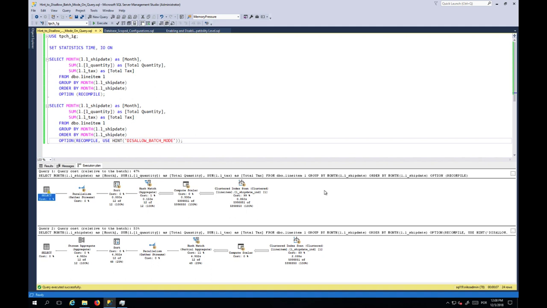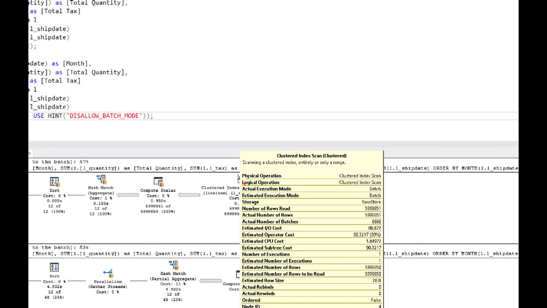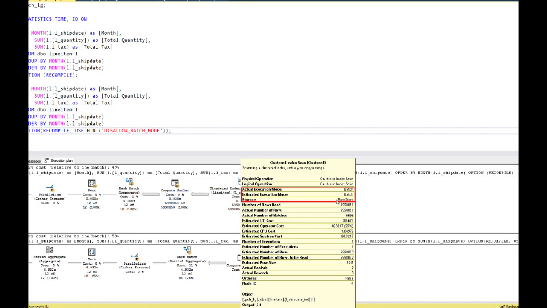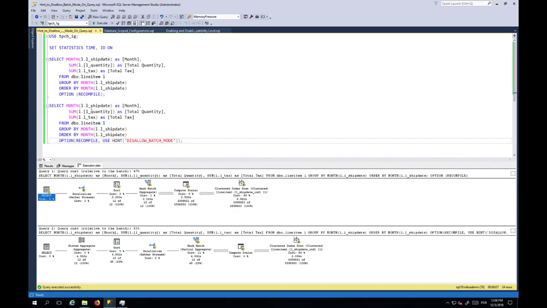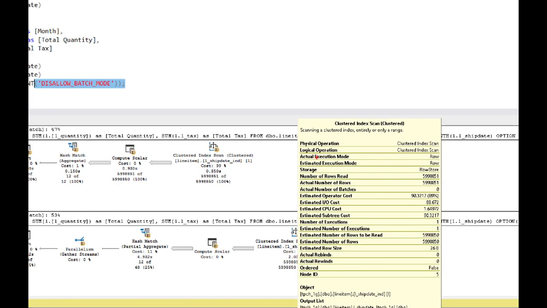Building the different execution plans for you is the task of the query processor. So if you see the first query, the clustered index scan runs in the batch execution mode on the Rowstore. The second query is this very same query and the same apparently clustered index scan, but the one that is using the disallow batch mode runs a little bit differently. It runs with the row execution mode on the same row